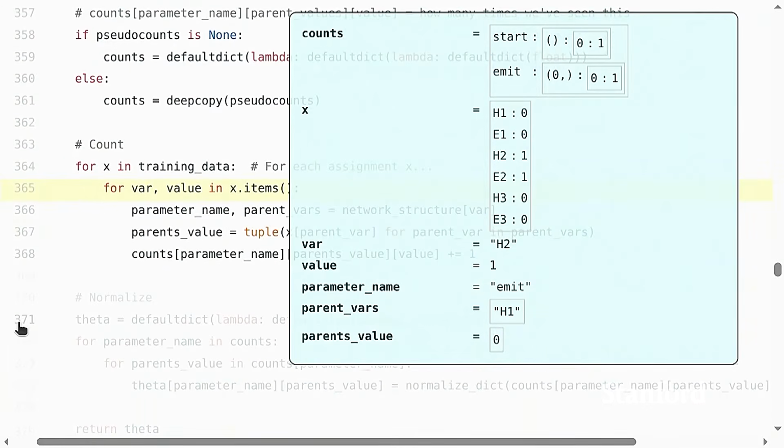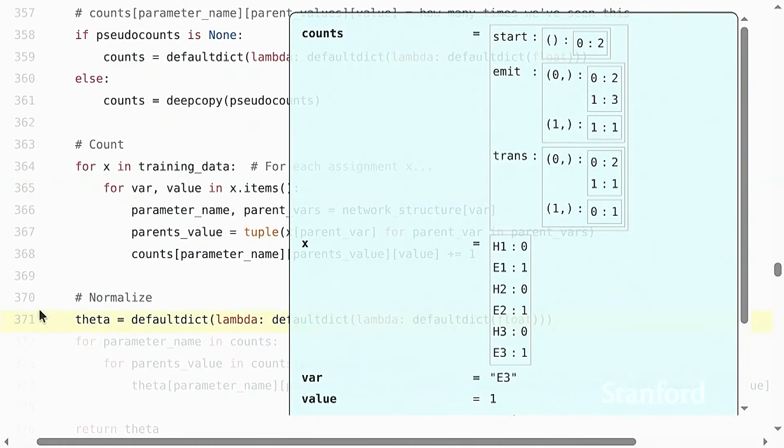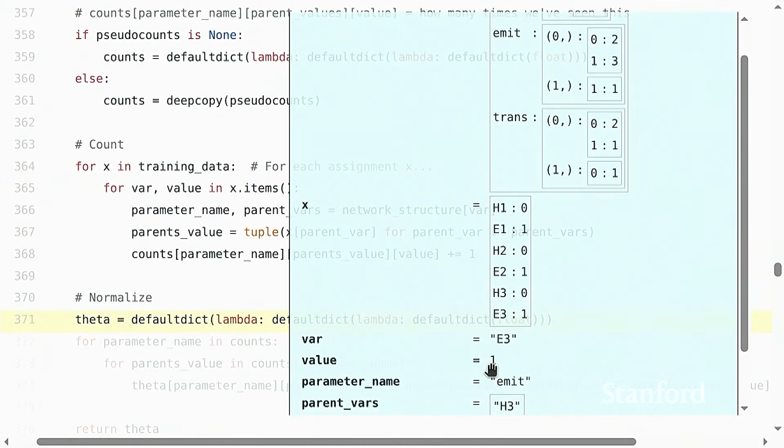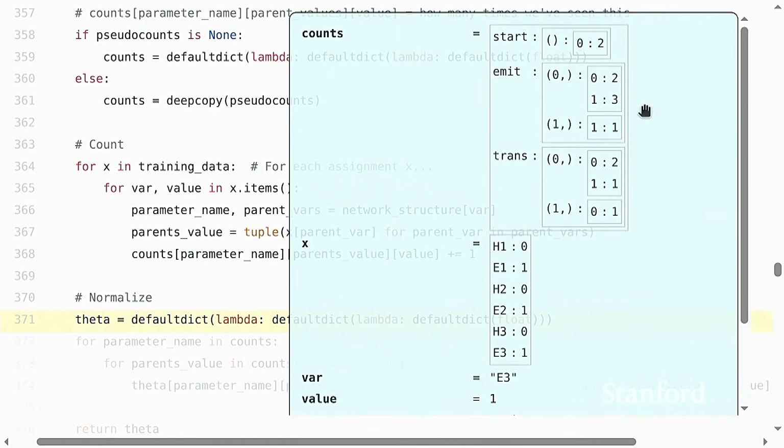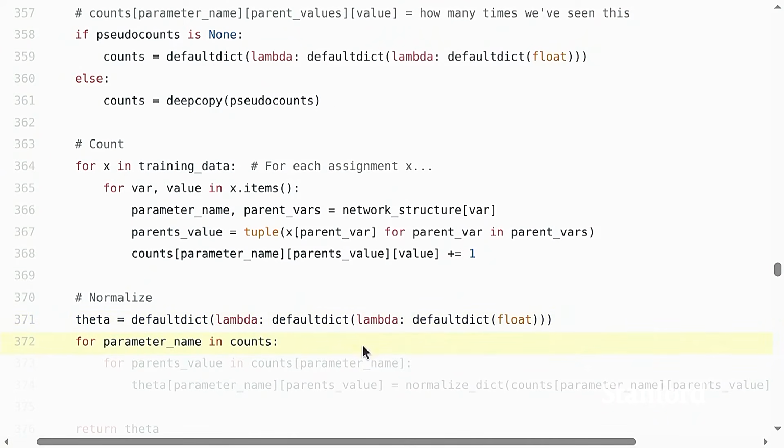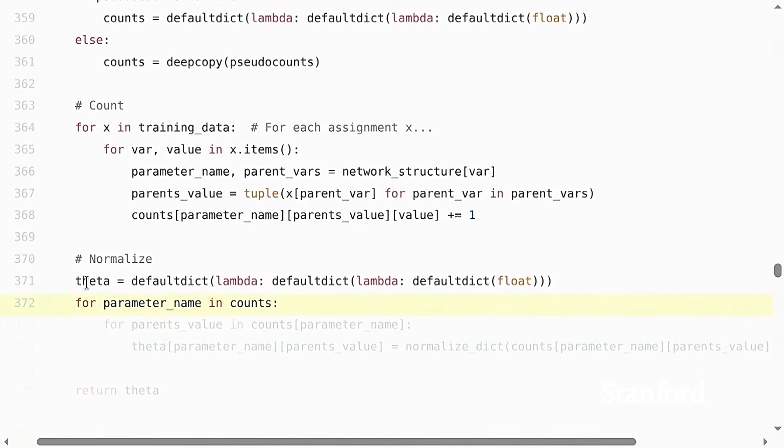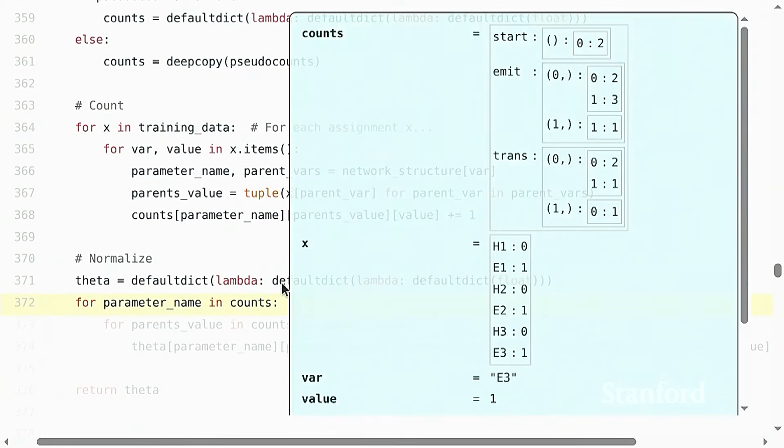And then I'm just going to skip ahead. At the end of the day, I have a set of counts. So this should be the exact same as what we computed for HMM using a slightly more manual way. And then to normalize, theta is going to denote all the probabilities here. I'm going to go through each parameter name,